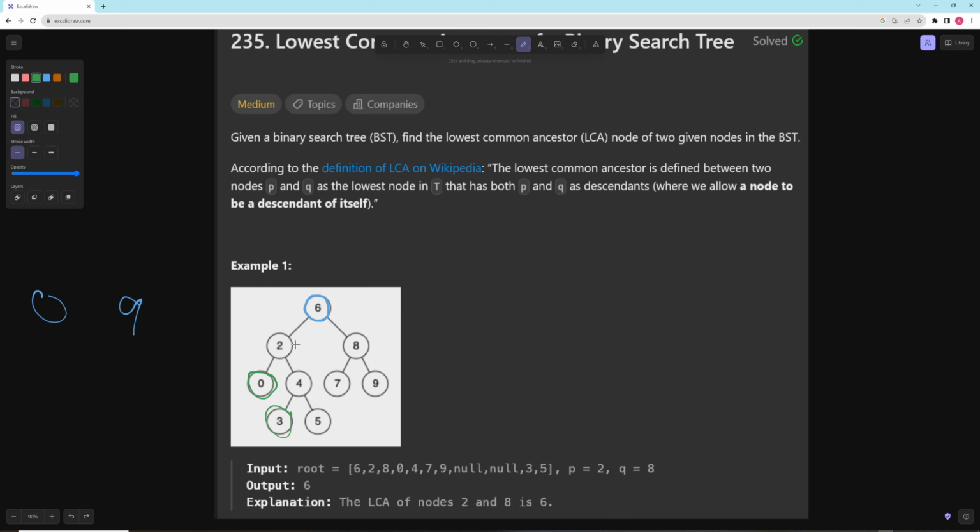Now they are on the same side, right? So if they're on the same side, we know exactly where to search. Why would we need to search all of this? We don't. And it's very easy to know what side they are on because we can just compare the values,